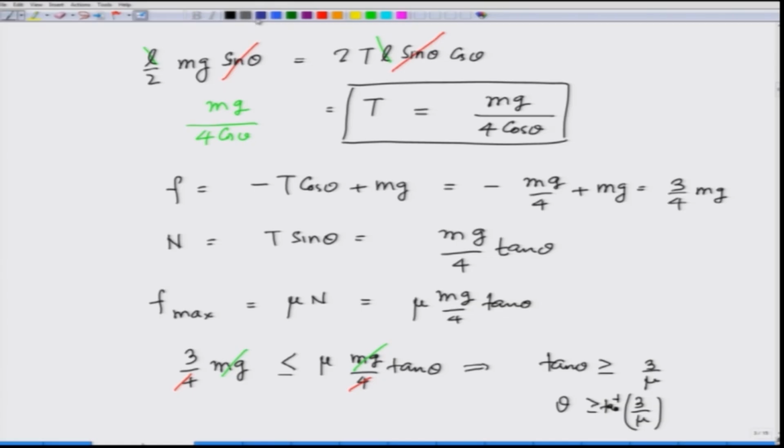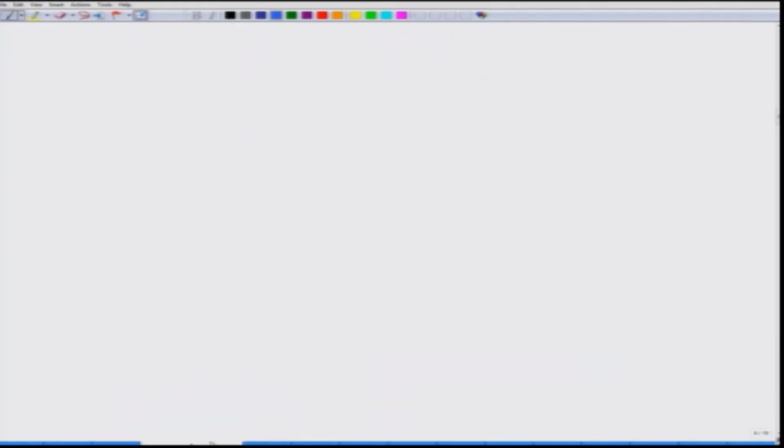This angle is not very small. For mu equals 0.5, this theta comes out to be greater than or equal to about 80 degrees. That is problem number 1. Problem number 2